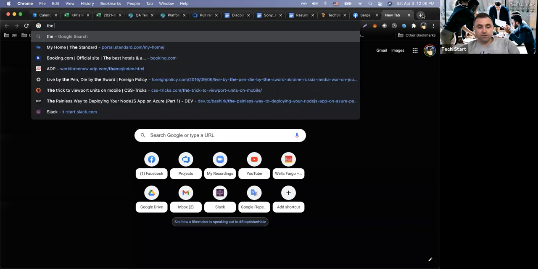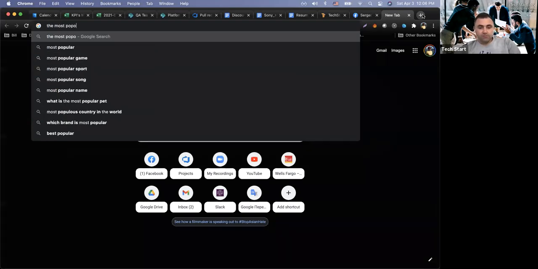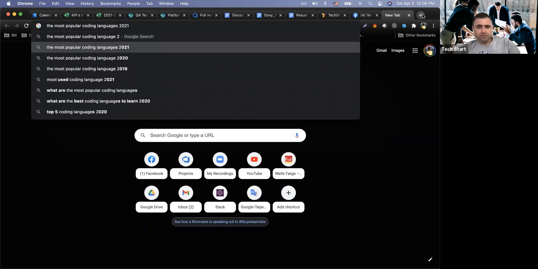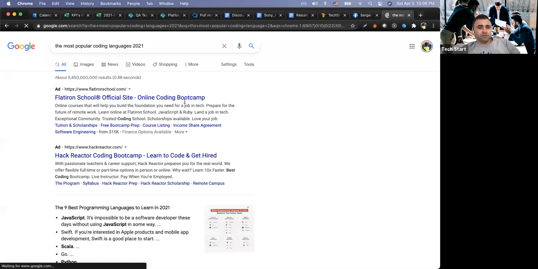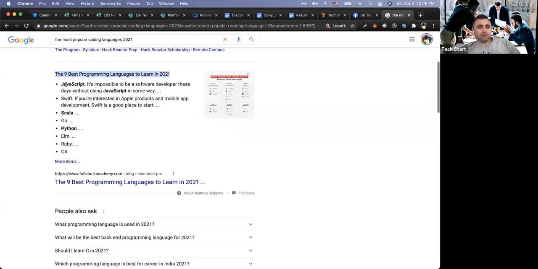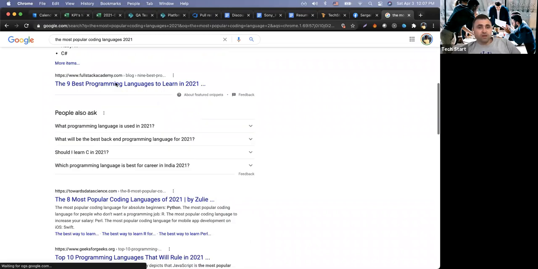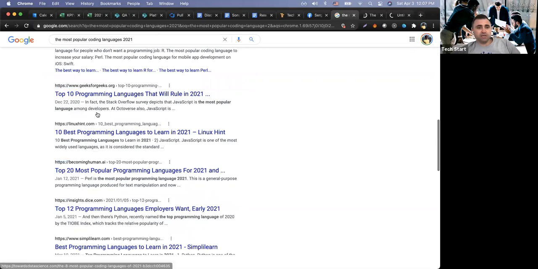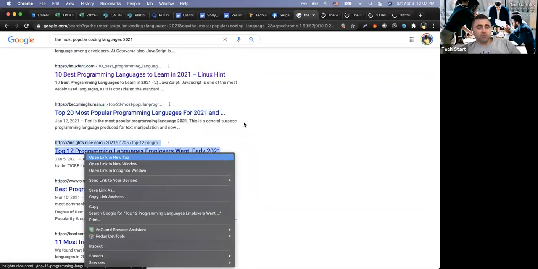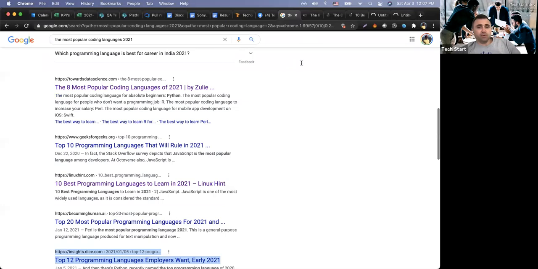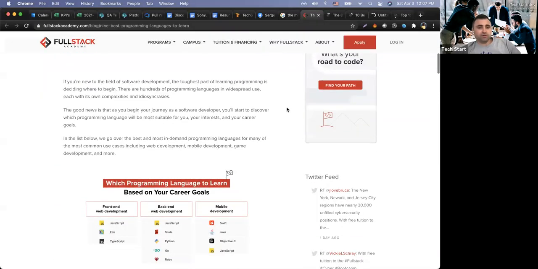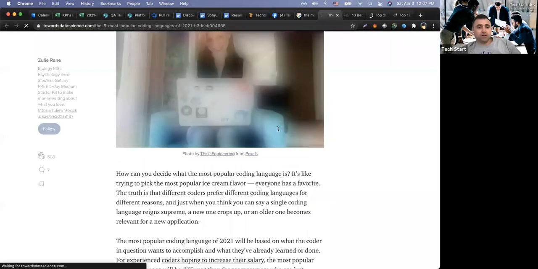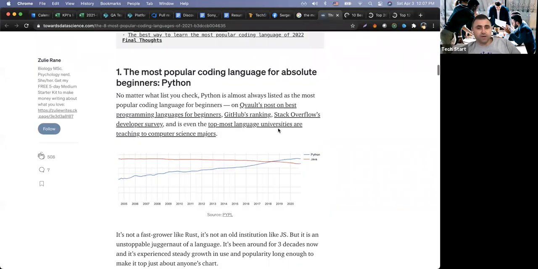And if you look at the most popular coding language, 2021, and you open, as you can see, JavaScript is in first place. And if you open most of the links, some of them will say, hey, Python is better, probably. Some of them will say, hey, Java is better. Java, Python, and JavaScript are leading right now, but most of them will say JavaScript. And why JavaScript? Because this is the only language that